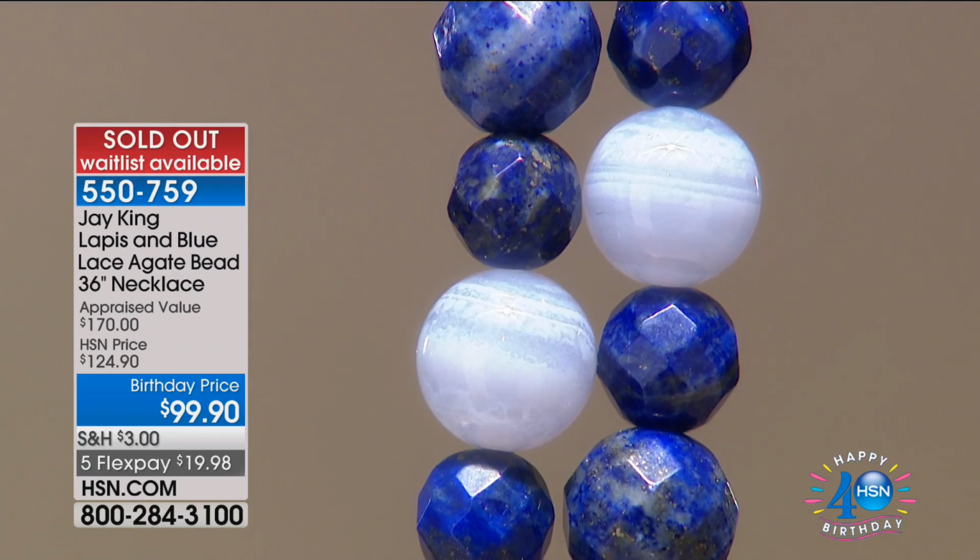Jay, do you think you can bring more of that back? I don't have any more blue lace. That's the problem. Okay. Do we still have earrings? I'm going to pop